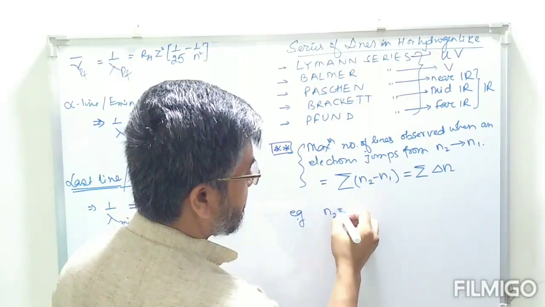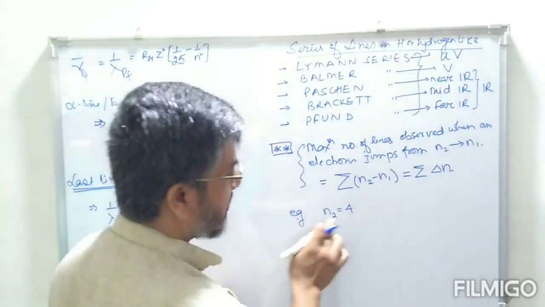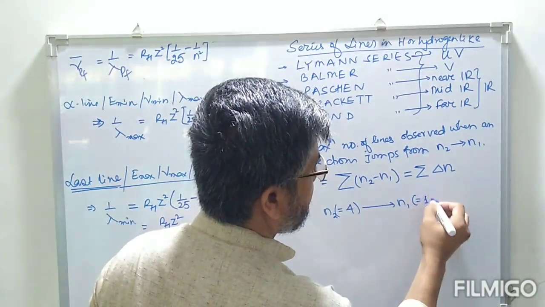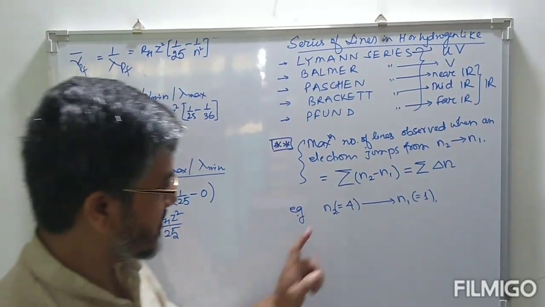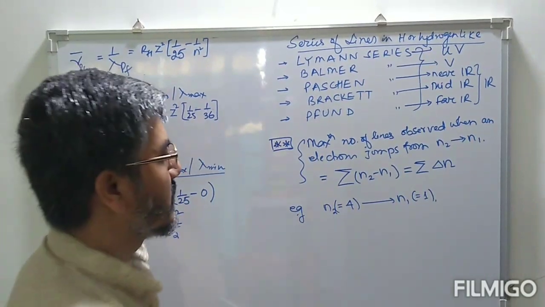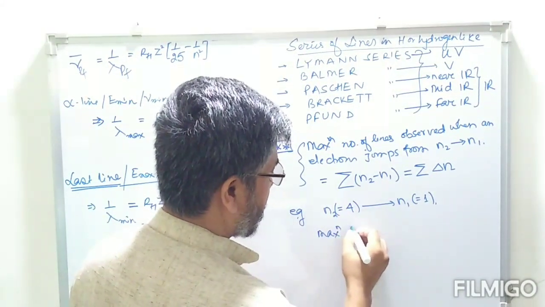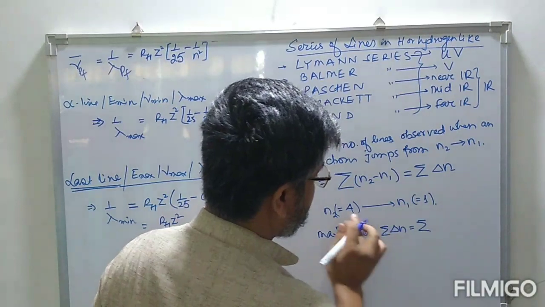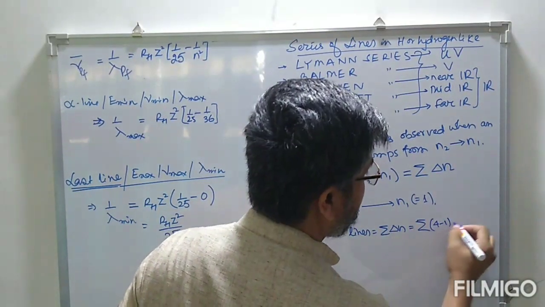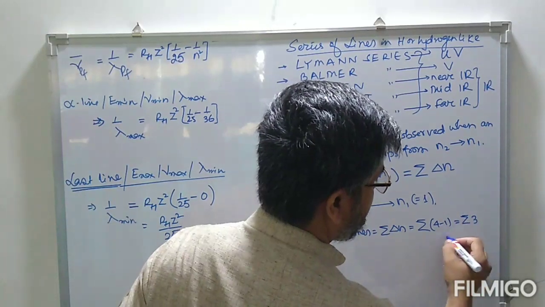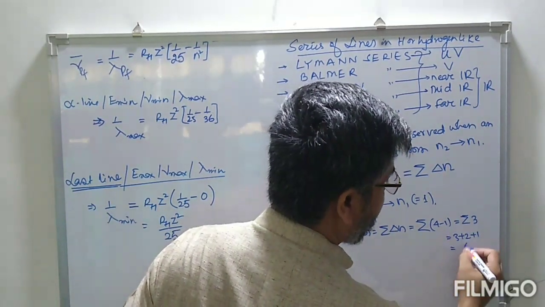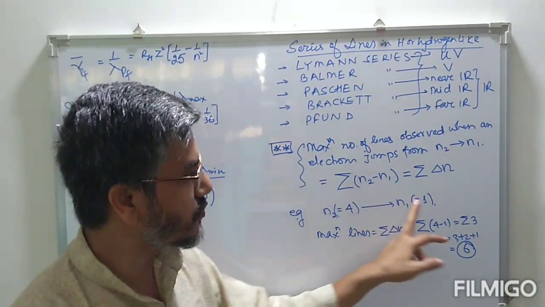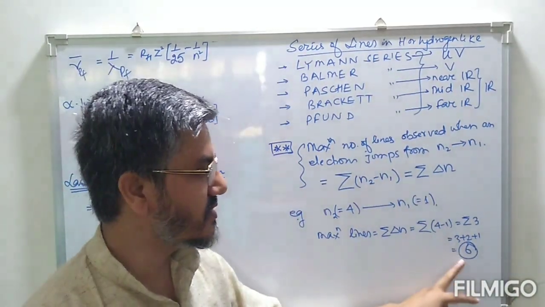Suppose the electron is coming from n2 = 4 to n1 = 1. So the electron is coming from the 4th level to the ground level. The maximum number of lines that can be observed is the summation of delta n. So the summation of delta n is n2 minus n1, so we have 4 minus 1, that is 3. So this is 3 plus 2 plus 1. So how many lines are possible? 6 lines are possible. So when an electron jumps from the 4th level to the ground state, there are 6 possible lines